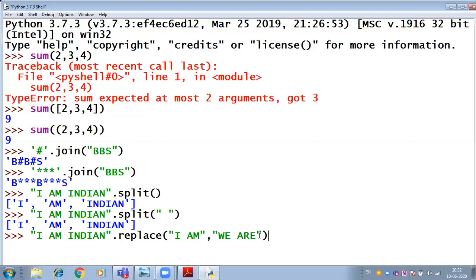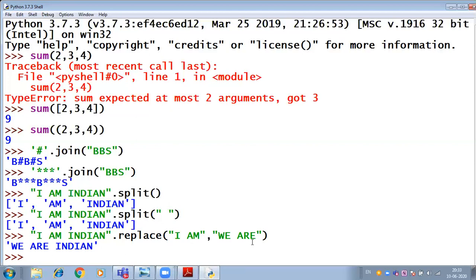And now here I press enter. What result will we get? We are Indian. See, I am is replaced with we are. So we are is the new string. I am Indian, now we are Indian, right? It's very easy, very simple for us, right?